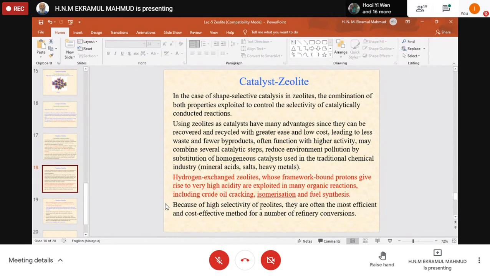We need to isomerize this one. We need to make it branched chain. We need to make it cyclic, right? In order to have a good octane number. Follow? And in many other chemicals, because straight chain hydrocarbons are bad fuel, not any good fuel, because they create knocking. Knocking is that engine disturbance. Engine disturbance comes from this knocking, and this knocking comes from the straight chain hydrocarbon.